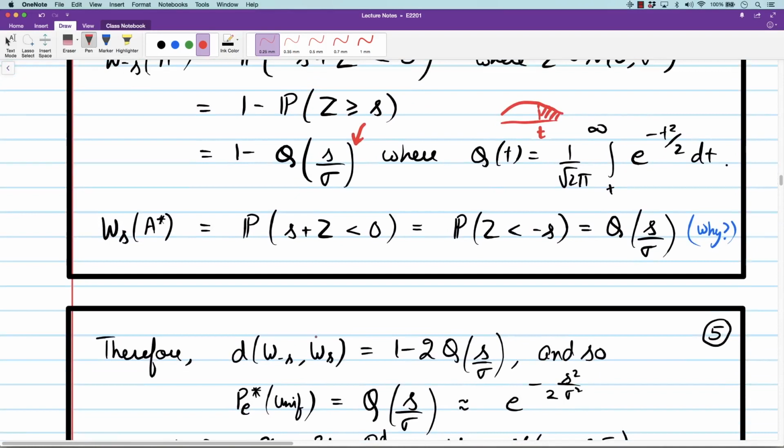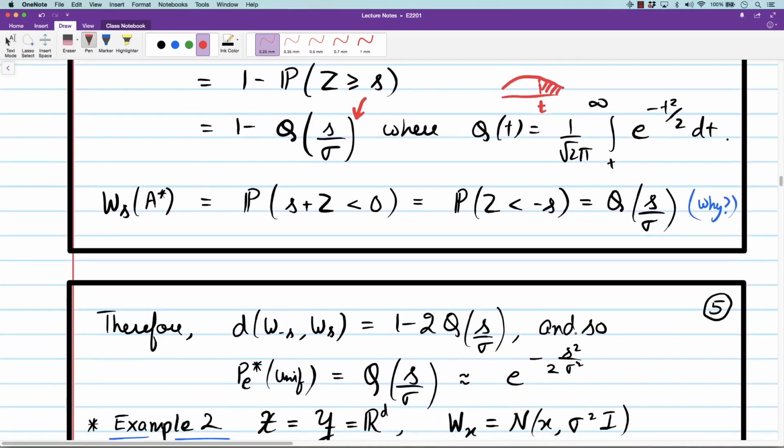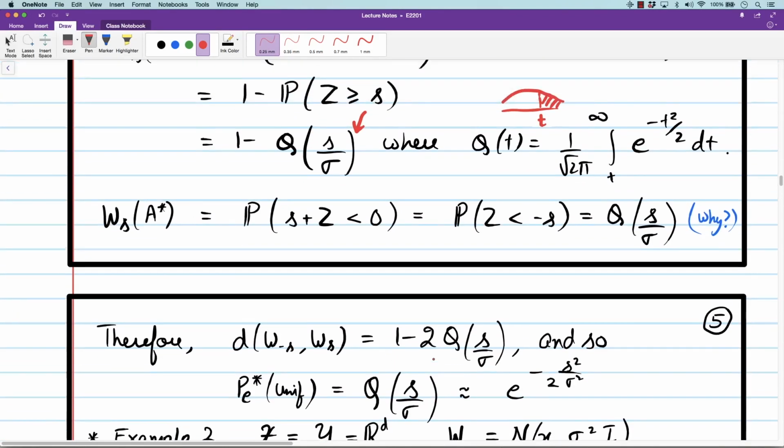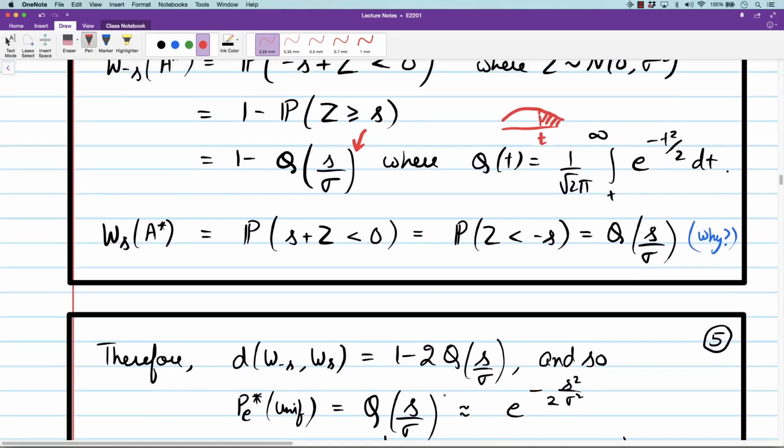Therefore, this total variation distance between Gaussian with mean minus S and mean S is 1 minus 2 times Q of S by sigma. Therefore, the probability of error is 1 minus total variation distance by 2, which is Q of S by sigma. Okay, that's the probability of error. This expression is very popular. It comes up in many places. For instance, communication engineers may have seen it in analysis of probability of error for BPSK scheme in presence of